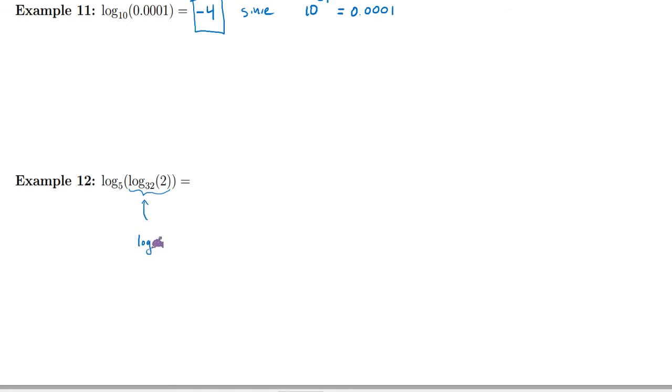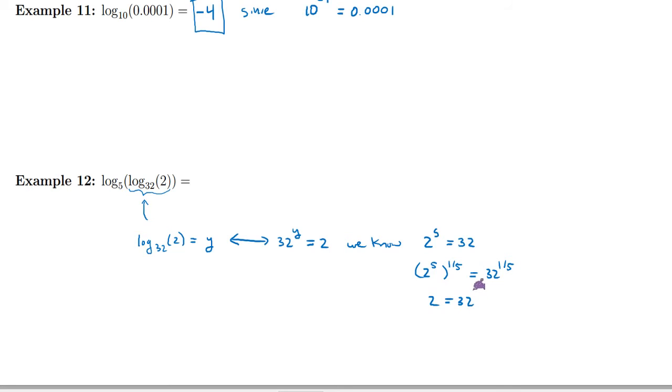So if you wanted to solve this, log base 32 of 2 is equal to y, then that means you have to figure out 32 to what power gives you 2. Well, we know that 2 and 32 are related, right? Because 2 to the 5th is 32. So how do we get a power of 32 to get us this 2? Well, you could take the 5th root of both sides. And then you would get 2 equals 32 to the 1/5. So that solves this right over here, right? So log base 32 of 2 is equal to 1/5